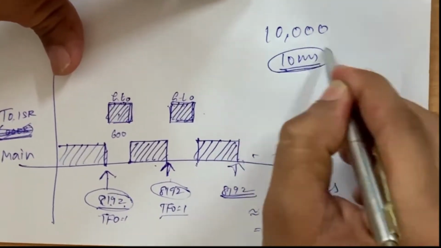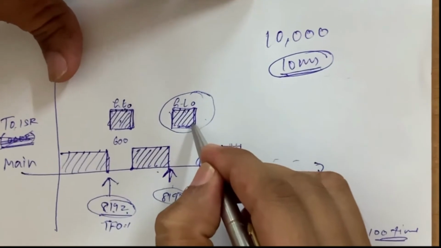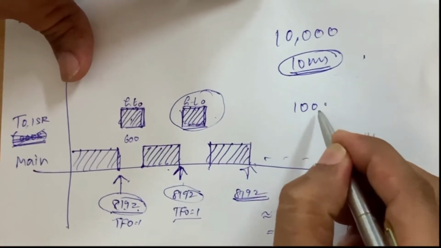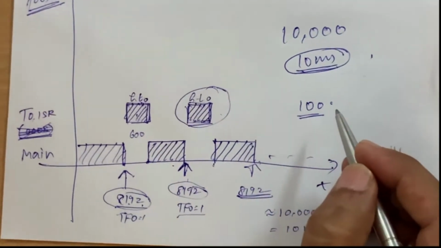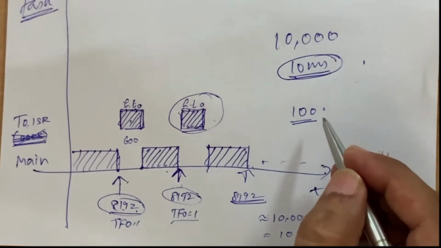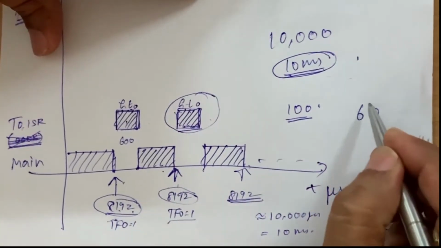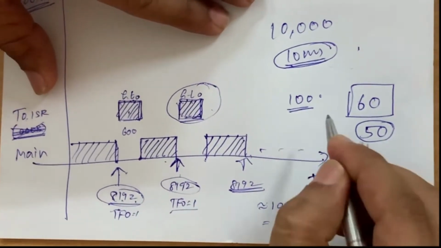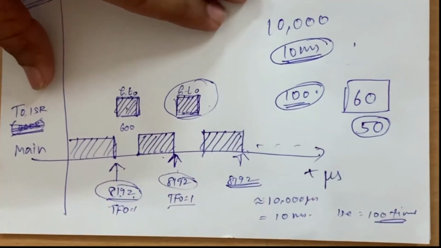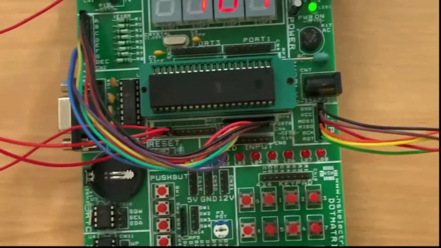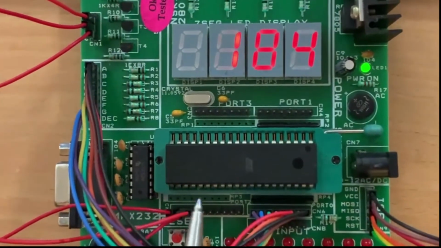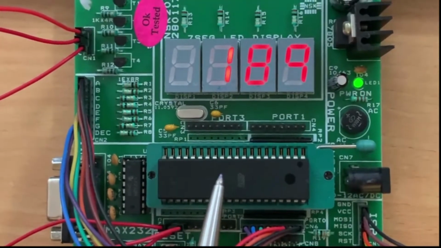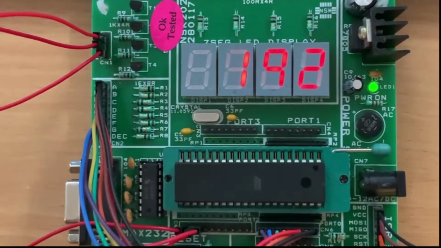So every 10 milliseconds the interrupt service routine is getting executed, meaning in 1 second the interrupt service routine will get executed 100 times. So 100 times is more than high definition television. High definition television refreshes the frames 60 times, normal television refreshes the frames 50 times, but here the frames are refreshed 100 times. Frames here means the 7 segment display. By repeatedly displaying this 1, 10, 100 times in 1 second, our eye cannot visualize each segment. So let us see how best this code works.